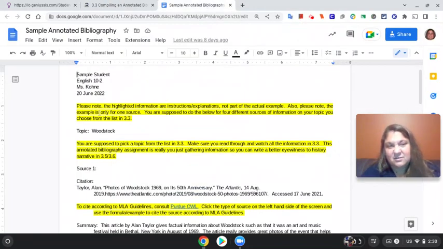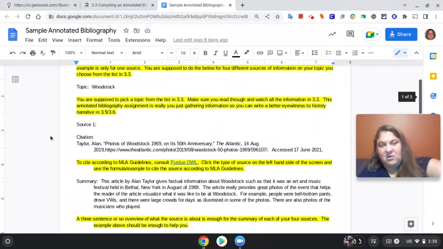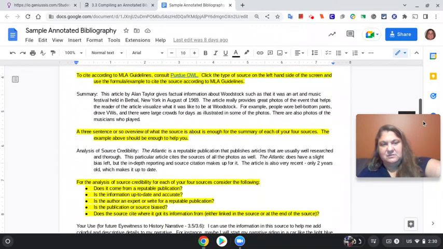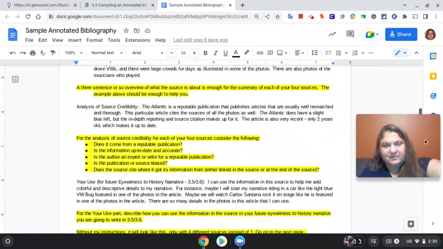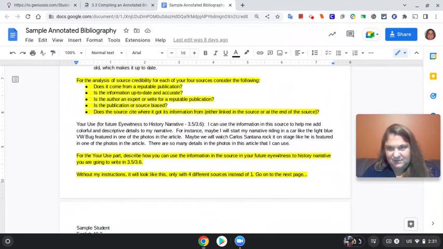So for each source, first of all, you're going to put your topic, so I know what you plan to write about in your eyewitness to history narrative. And then you are going to cite the source. You're going to give me a 3+ sentence summary of the source. You are going to tell me why the source is credible. And you're going to tell me how you could use some of the details in the source in your